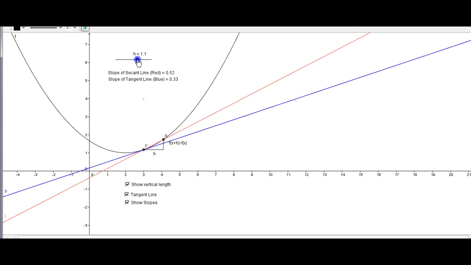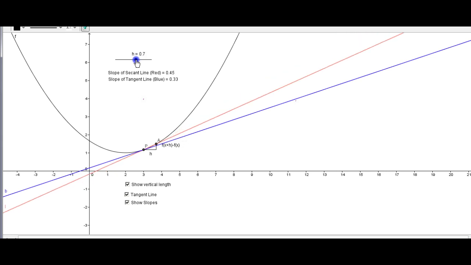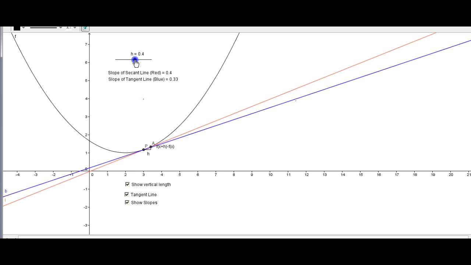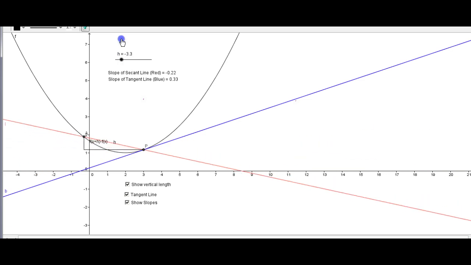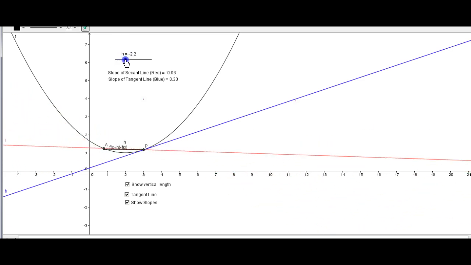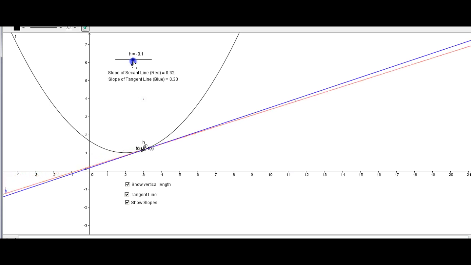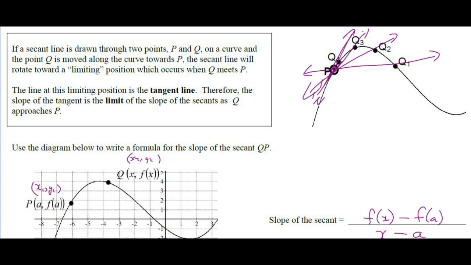So as I lower h, you can see that the secant line, which is PA, is getting closer to the blue line. You can see the slopes are getting closer. And when I get down to 0, now the secant line is undefined, because I'm trying to divide by 0. And even if you're going the other way, so if the h is over here, at -5. So as h approaches 0, the slope of the secant line is going to approach the slope of the tangent line, which is what we're looking for. All right, so that's a nice